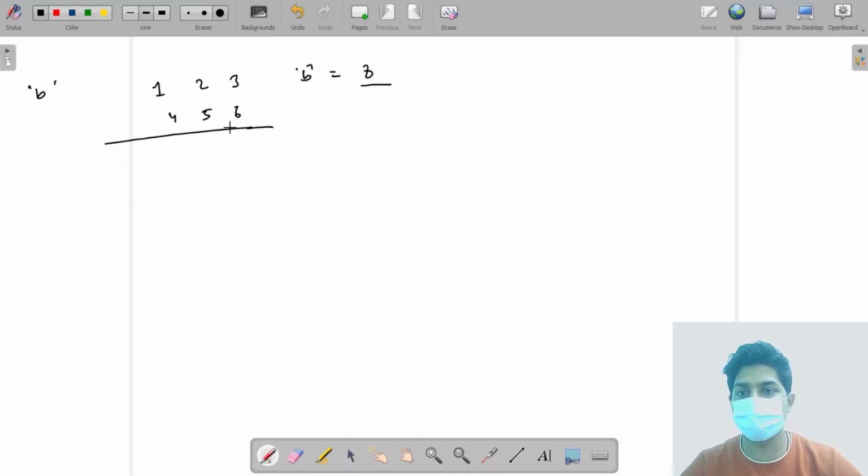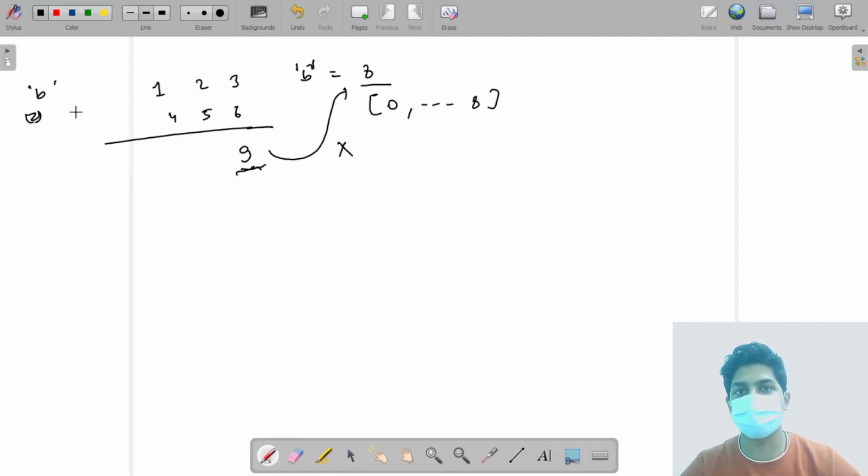If we generally add these two numbers, 6 plus 3, what we write is 9, but if we write 9 over here, this is not correct, because this is octal addition. In octal the numbers are in the range 0 to 8, and this 9 is out of this range, so this is incorrect. 6 plus 3 equals 9 is decimal addition, and we have to perform octal addition. So this is wrong. We have to perform addition according to the base. So this is what the problem statement was.